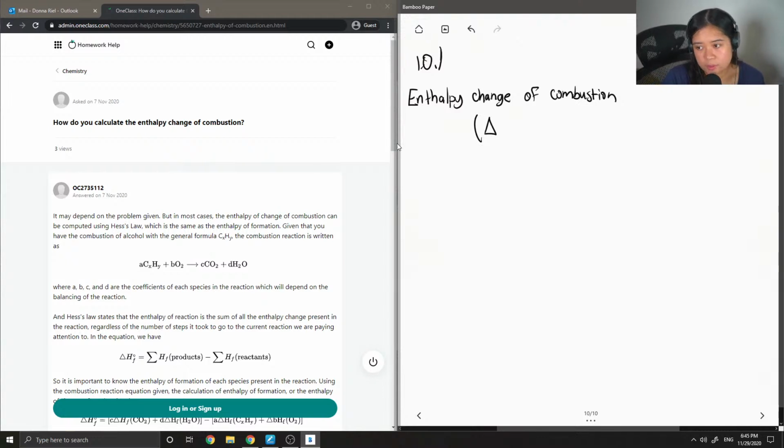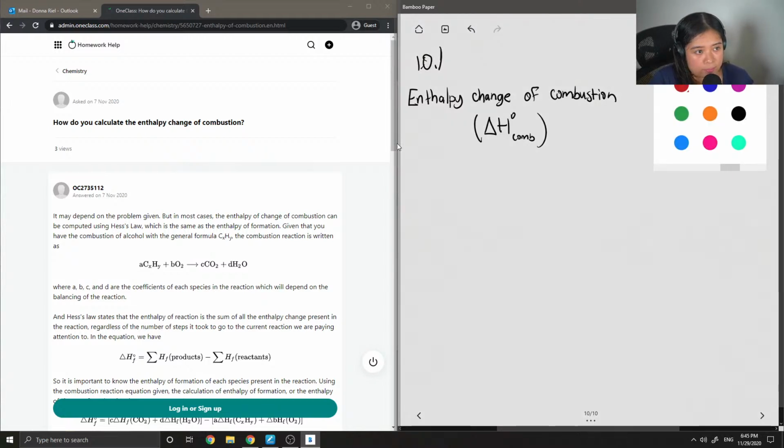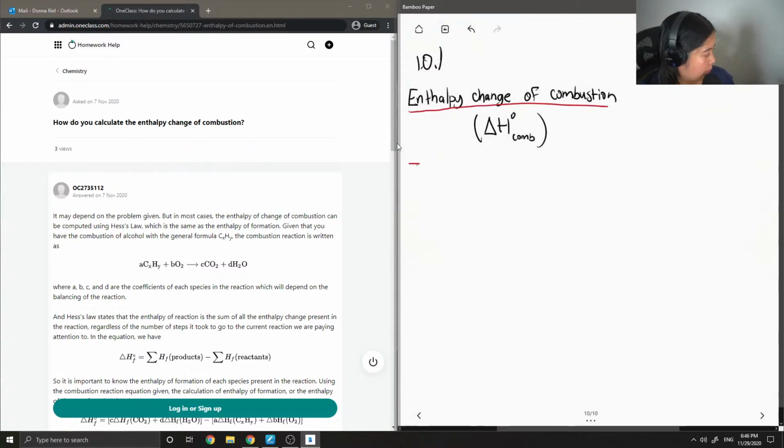The delta symbol stands for change. So delta H is enthalpy. Then I'll just put combustion down there. So enthalpy change of combustion is the heat energy given out